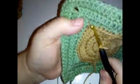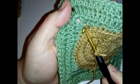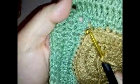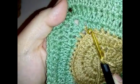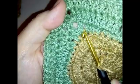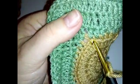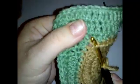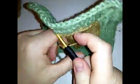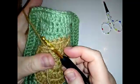Okay, so if you look at your square, you've got your corner into 1 stitch here, so 2 double crochet into 1 stitch just here, and then to the side of that you've got your first double crochet, and we work these into the back loops, so you have a front loop just below that first double crochet. Okay, and then join your yarn into that front loop,